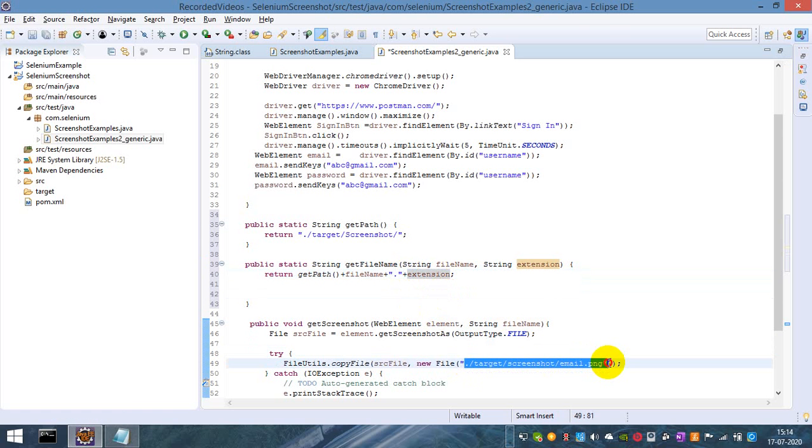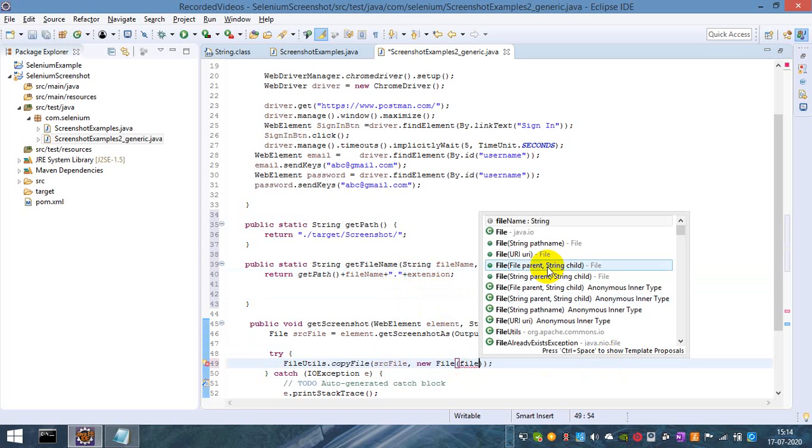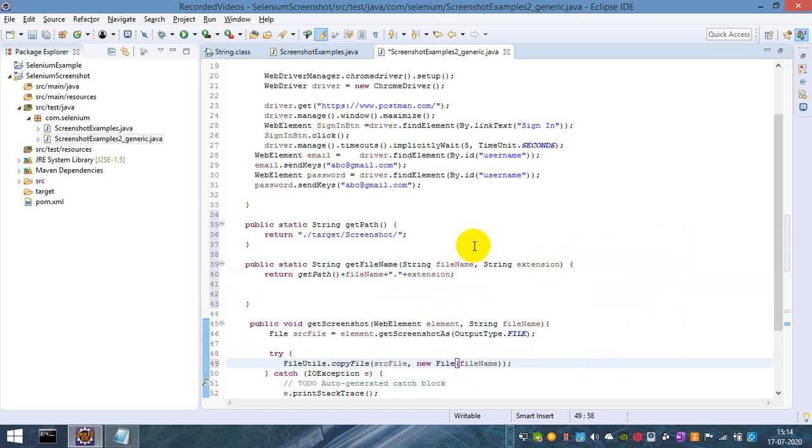Instead of writing the entire path over here, I am just giving my parameter name, which is my file name. That's it.